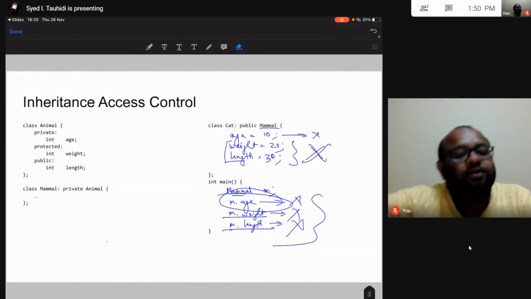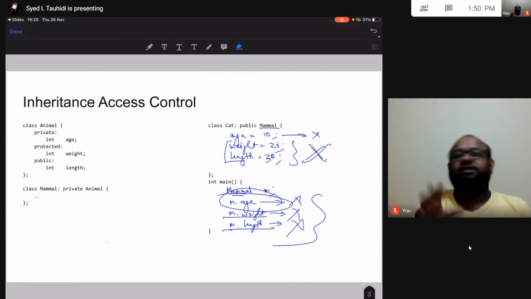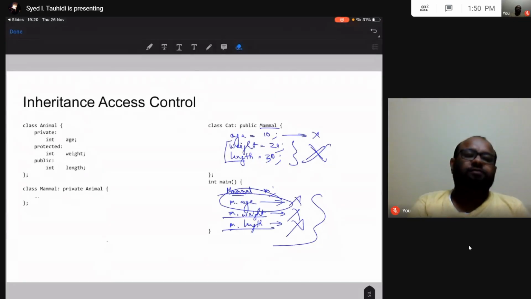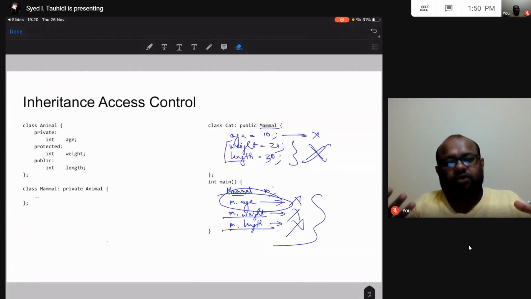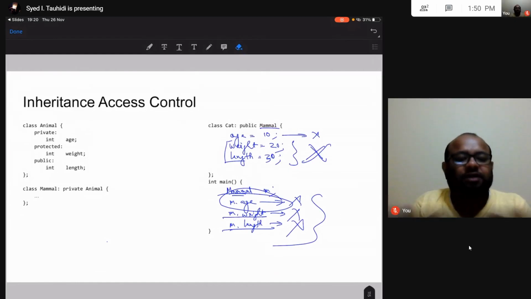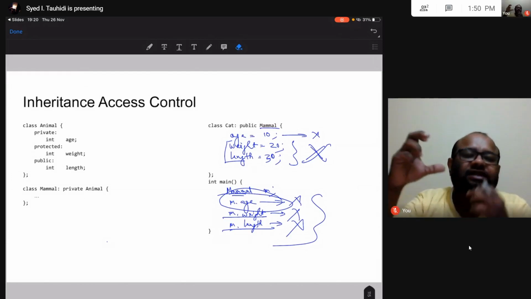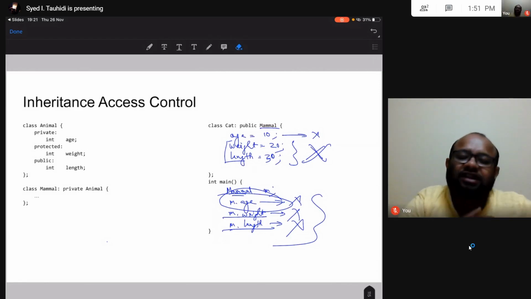Alright, in animal class they were protected and public, but after private inheritance they become private. So this is the only place, inside my mammal class, where I can access them, but if some class inherits from mammal class, they cannot access it anymore. Because weight and length become private in mammal class, and for the same reason that we cannot access age in mammal class, age which is a private attribute of animal. In the same way, a class that inherits from mammal class will not be able to access these private attributes, weight and length.